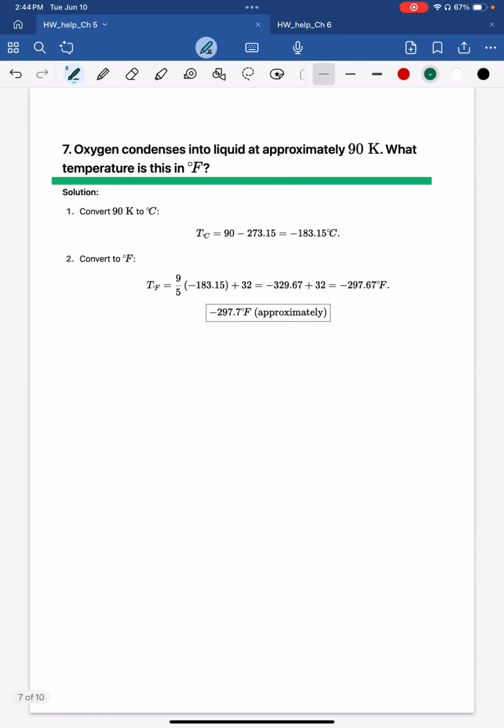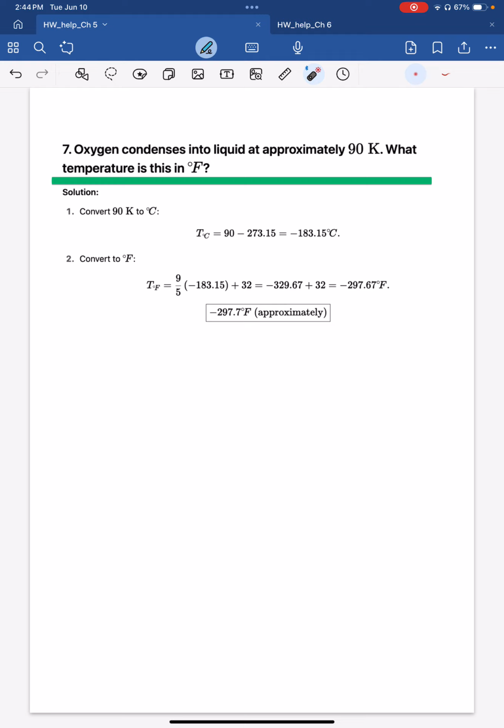All right, bringing us to the seventh question. What's this? Oxygen condenses into liquid at approximately 90 Kelvin. What temperature is this in Fahrenheit? So you just have to change Kelvin into Fahrenheit. Now, there are two steps here. First, you've got to change Kelvin into Celsius. And to change Kelvin into Celsius, you subtract 273. Okay? So you get negative